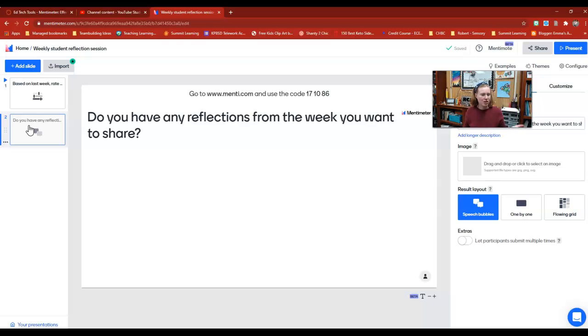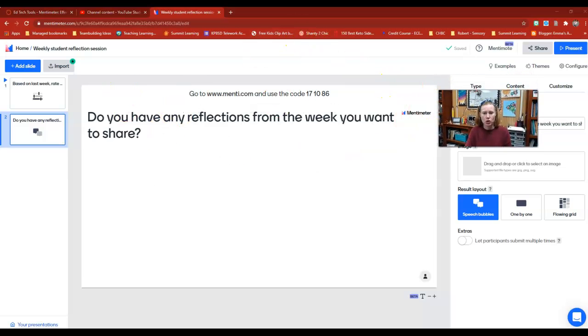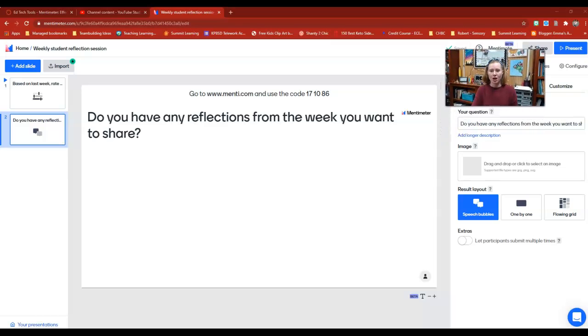Here's a second question that just says, what are your reflections for the week? And so this allows students to have an open-ended question that they can go in and type in a response to this question. Again, these are super easy to create. All I did to do this is I clicked add a slide,